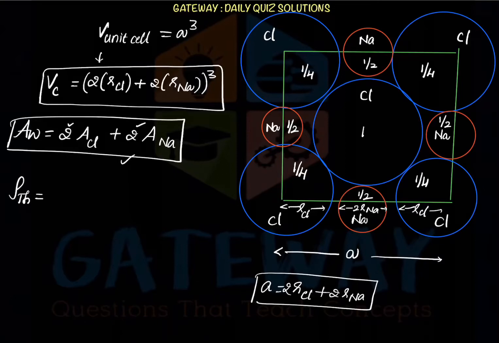There are actually 4 corners. In the front plane we are seeing 4 corners. Similarly, when we see the top, there will be 4 corners. Similarly, when we see from the back, there will be 4 corners. In that way, there will be a total of 2 into 2 of chlorine, nothing but 4 chlorine and 4 sodium atoms. That is the N average of atoms. So 2 into 2 is nothing but 2 times, since one side we are seeing, in three dimensions.